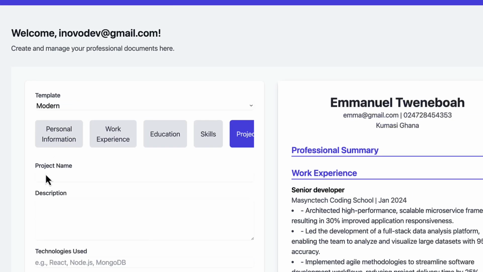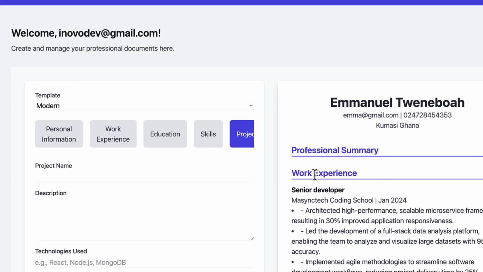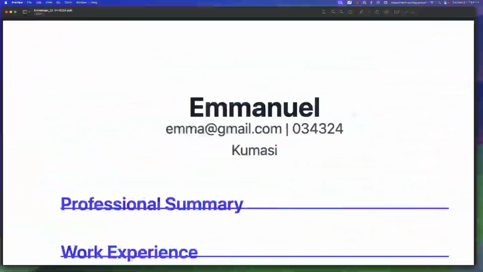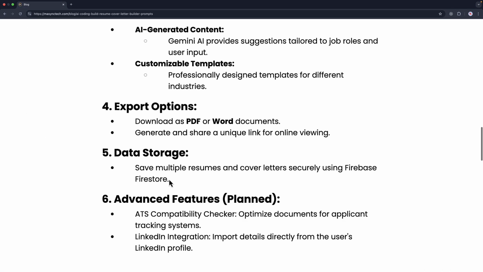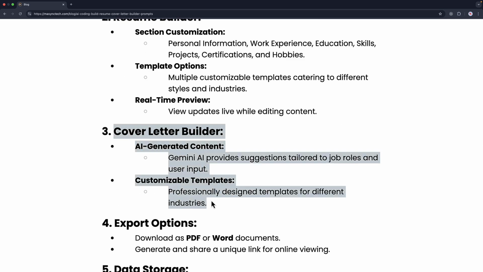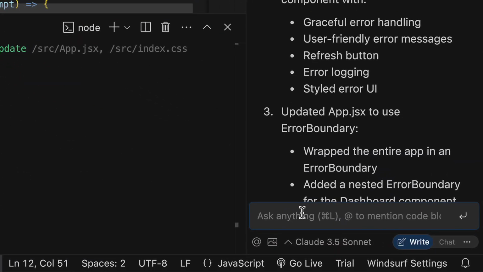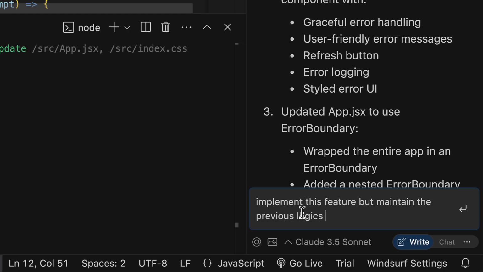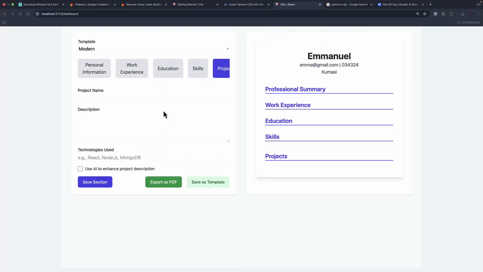Awesome, and I can include more projects, and this is my professional resume. The next feature is going to be, let's look at the PRD, and that is the cover letter. I'm going to copy this. We are done with the export. So back to the right here, I'm going to say implement this feature, but maintain the previous logic, and then paste that. Let me accept,